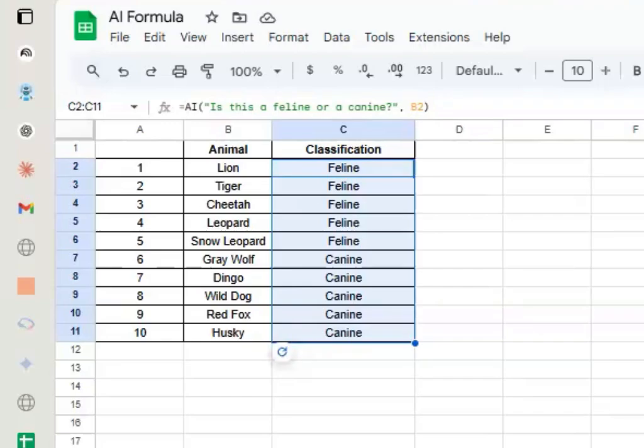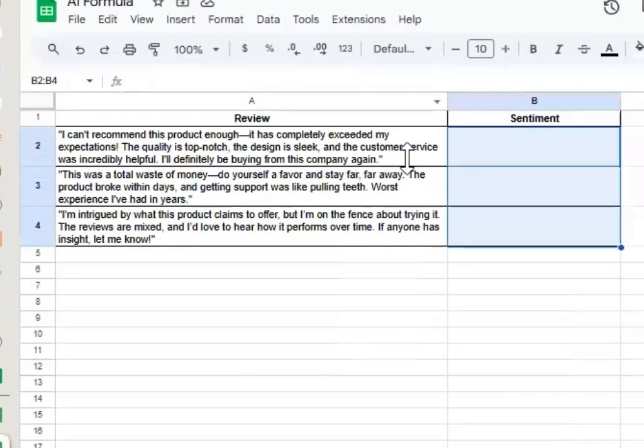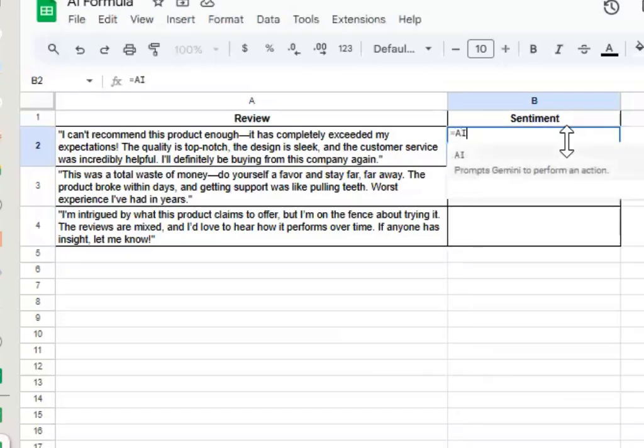And so you can see how that just simplified and saved a lot of time from manually having to go through and determine individually or come up with some function that you forget, you never use, and you have to make sure it works correctly. Take it a step further. Now you can do something like sentiment review. So, say you have a spreadsheet that is full of customer reviews. You pull the reviews, you dump them in the spreadsheet, but then you have to go through and see which ones are positive, negative, which ones you need to jump on. Now you can use your equal AI,